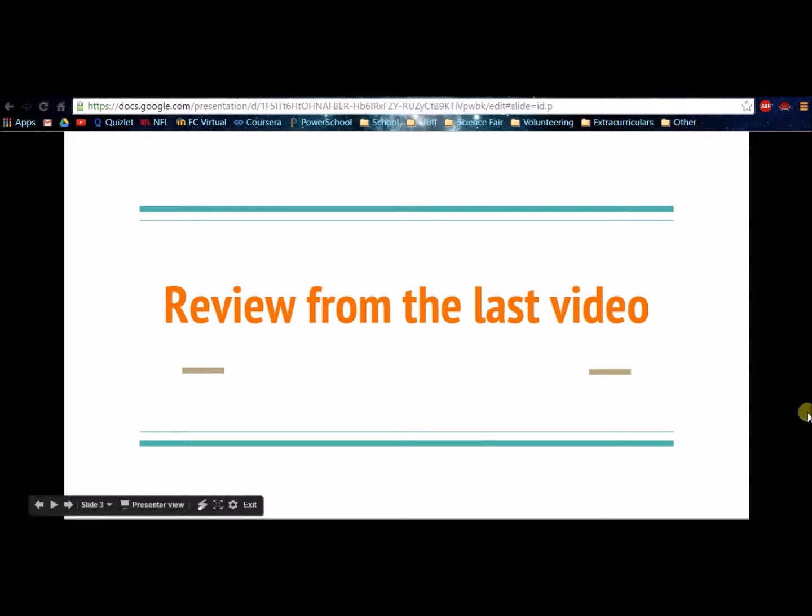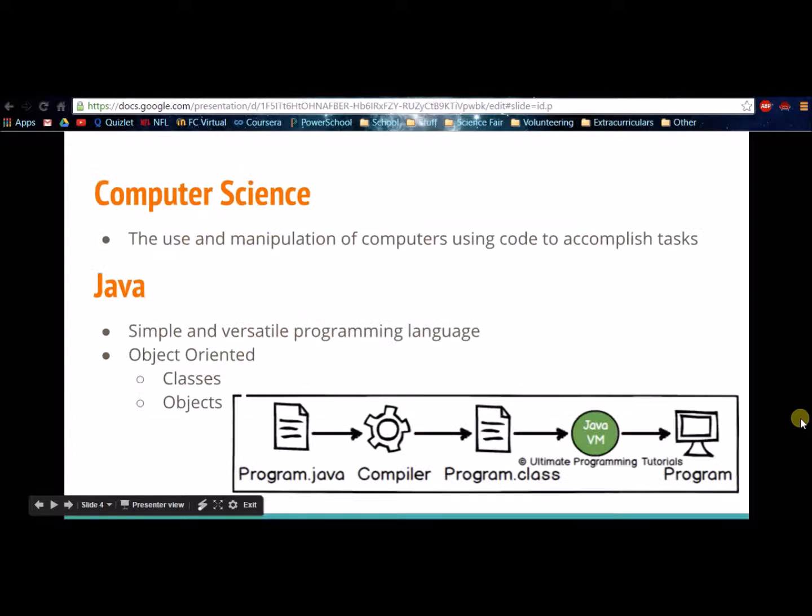So let's take a quick review from what we learned last video. Last video we learned that computer science is the use of manipulation in computers using code to accomplish tasks, and we're going to learn the Java programming language, which is one of the languages used to do this. We learned that one of the main aspects of Java is that it's object-oriented, meaning it consists of two main features which we'll be focusing on for now, which are classes and objects. We learned that classes are the blueprints for objects,